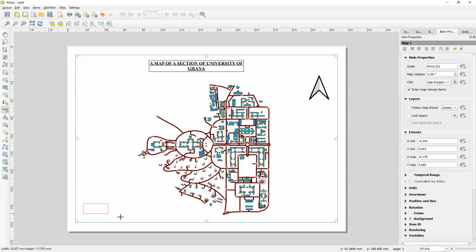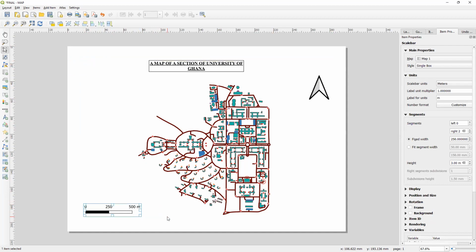You press and hold the left mouse button, and then drag, and you have your scale bar here. You can make changes to it as well. So the style, you can choose to make it double box, line fix middle, line fix down, line fix up, stepped line, hollow, or numeric. So let's go in for the single box, and then the scale bar unit. Let's use kilometers, and then